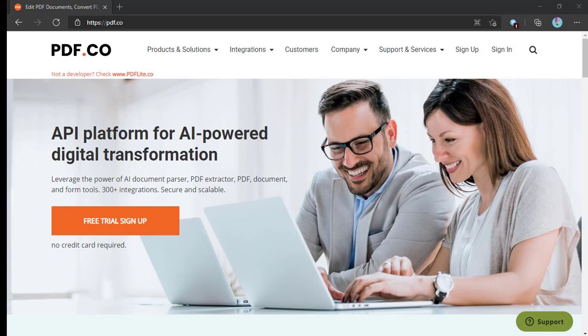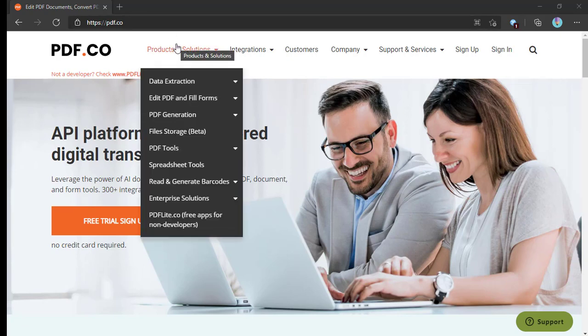In this webinar, we are going to review various endpoints of the PDF.co and we will practically see how to integrate it in various languages. PDF.co is an AI-powered API platform and it provides all the endpoints for the PDF, barcode, spreadsheet and many more. So let's get started.